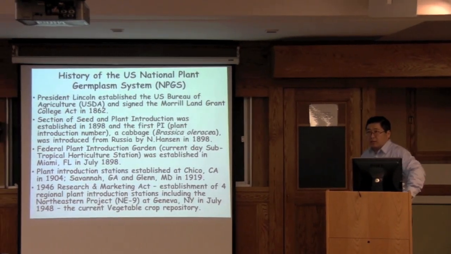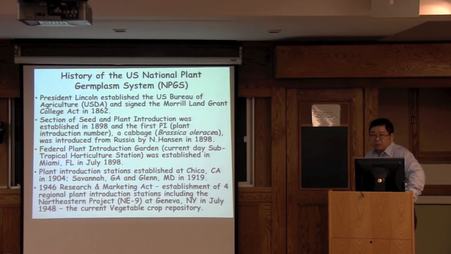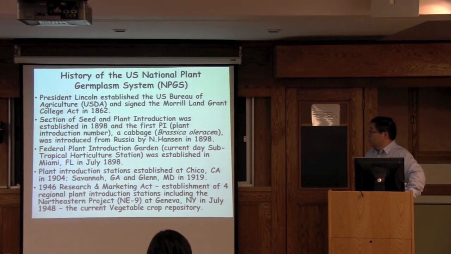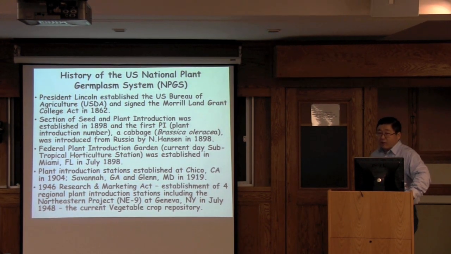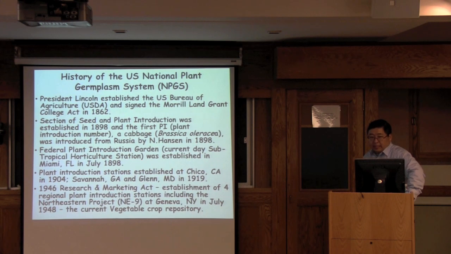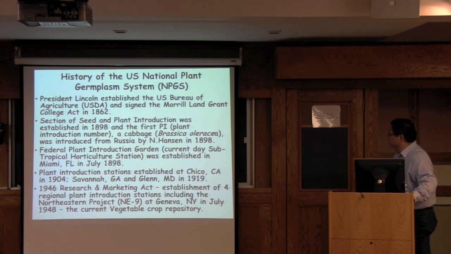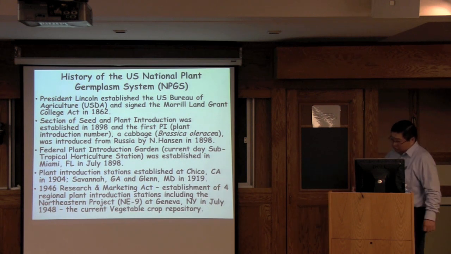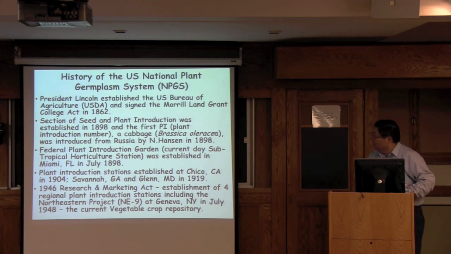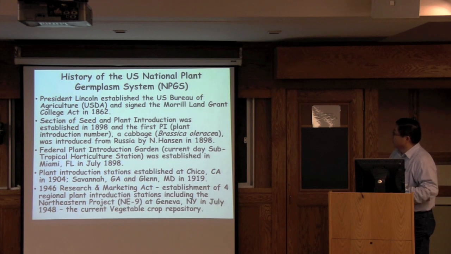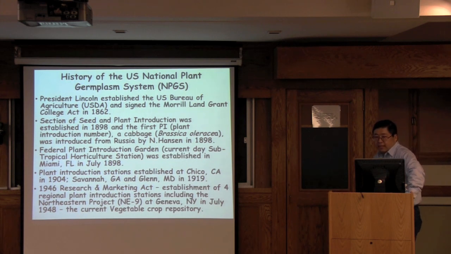First, very briefly, some of the history of the National Plant Germplasm System. President Lincoln established the U.S. Bureau of Agriculture, current day USDA, and two months later signed the Morrill Land-Grant College Act in 1862. Then in 1898, the Section of Seed and Plant Introduction was established, and the first PI, which was cabbage from Russia, was introduced by Niels Hansen